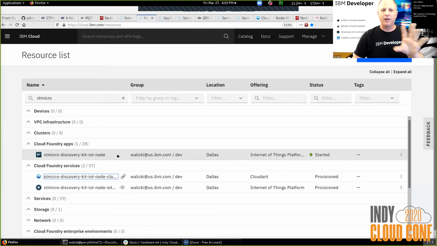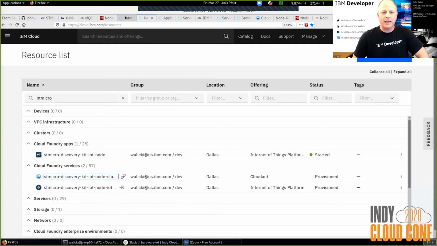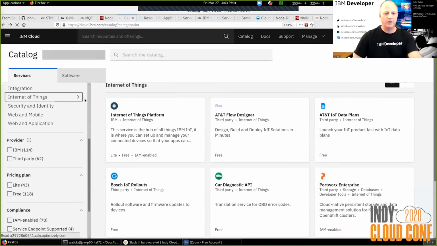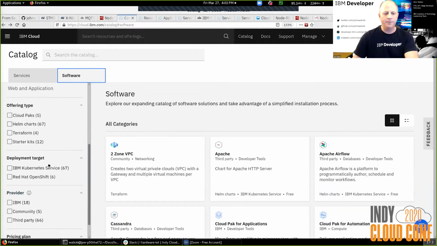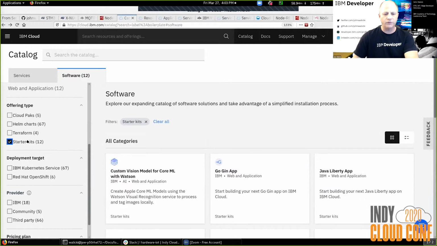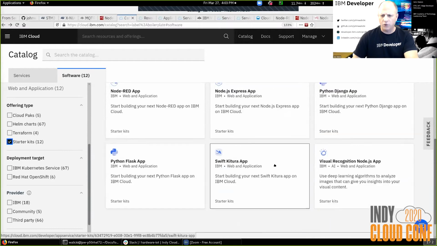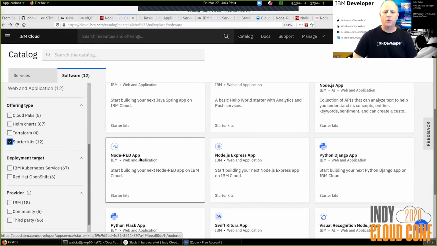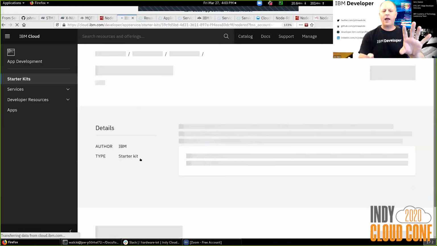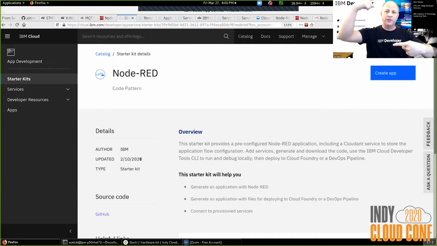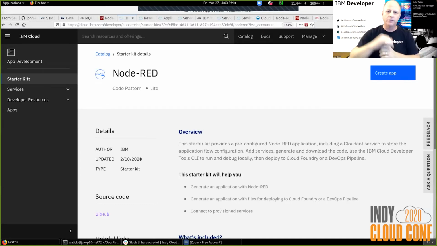We made that simple as a deployment model because in the cloud catalog, in addition to IoT platform, we can jump over to the software tab and we can jump down to our starter kits. And in our starter kits, we have a Node-RED app. Here it is. So I've taken the Node-RED app, which will run in IBM Cloud. Remember, I'm running Node-RED on both the endpoint and in the cloud. And so it'll be just Node.js running in the cloud, a Node-RED instance, also all running on